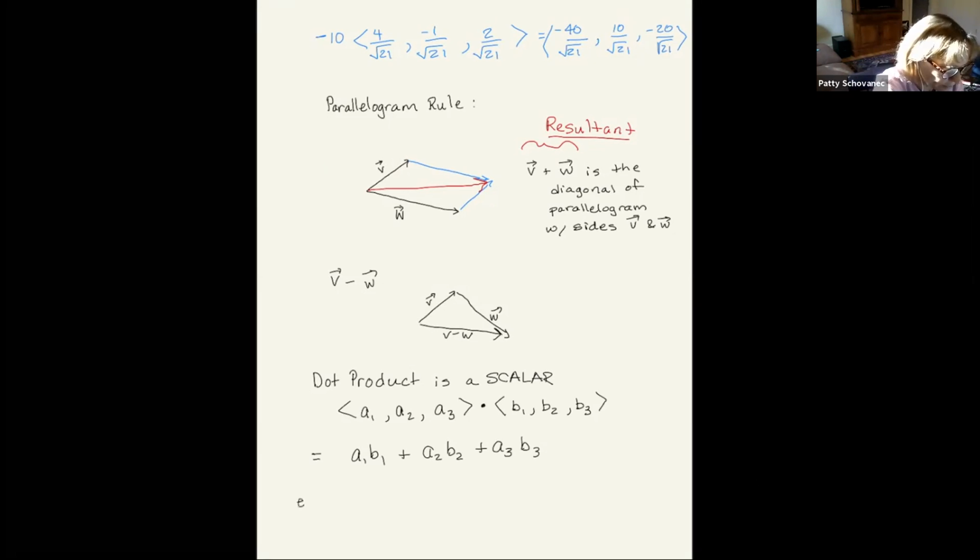And so, for example, if I take the dot product between 3,